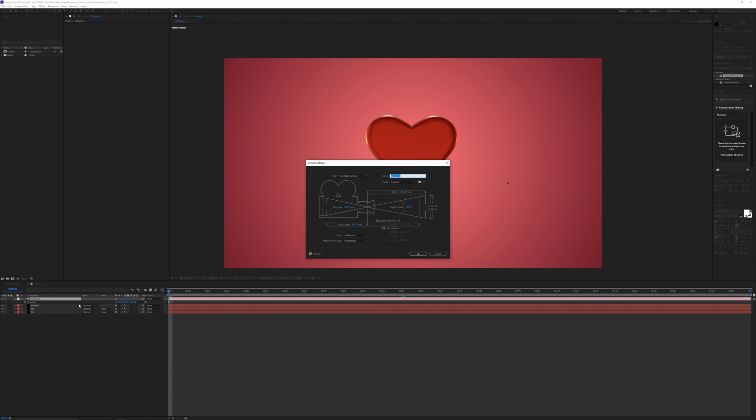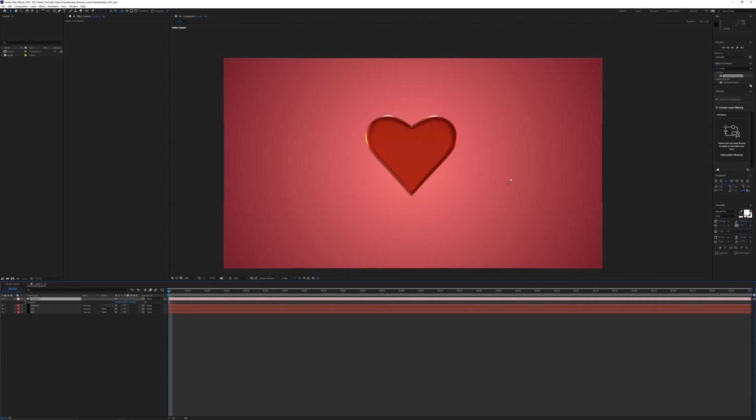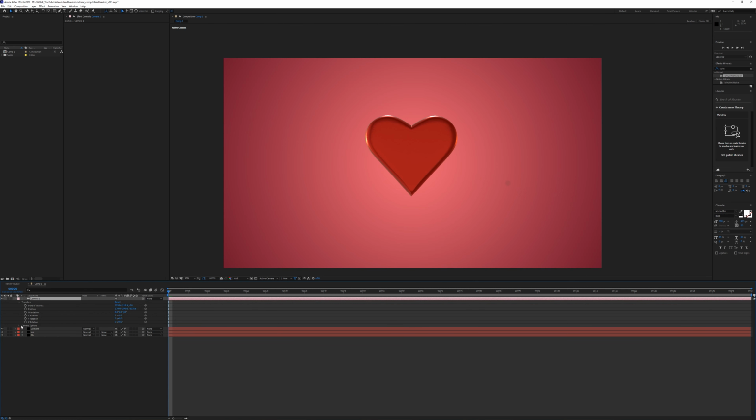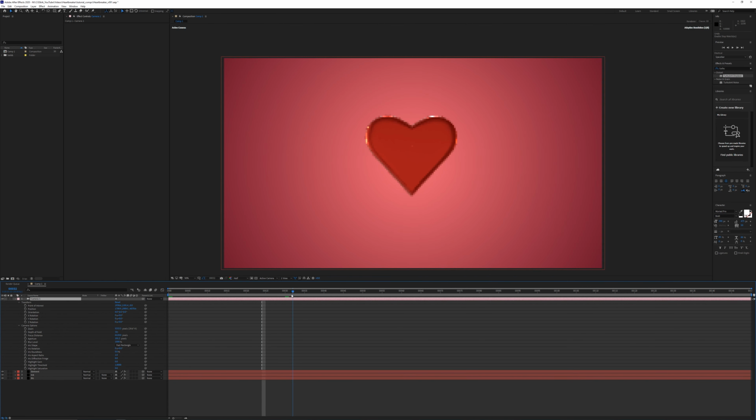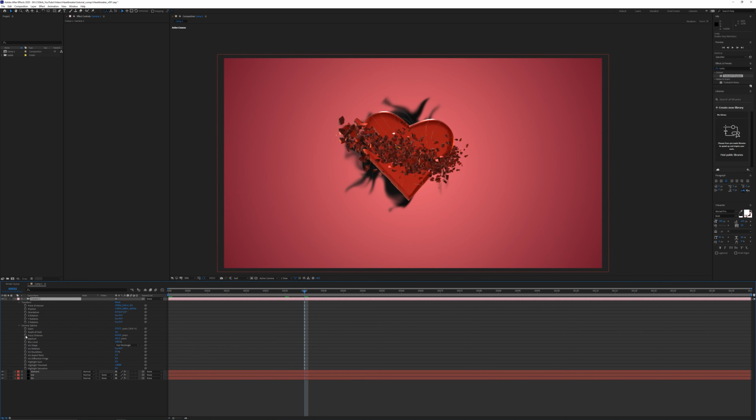All right, so let's go right to the very beginning, double click the camera and enable depth of field. So I'm using an f-stop of 1.4, and for the blur level, I'm just going to crank that all the way up to 1000. And the beginning focal distance, I'm going to pull this back a little bit so the heart is in focus. Notice how the bullet now is out of focus. So let's open up the settings for camera 1, go into camera options, so go to frame 35 and set a keyframe for the focus distance.